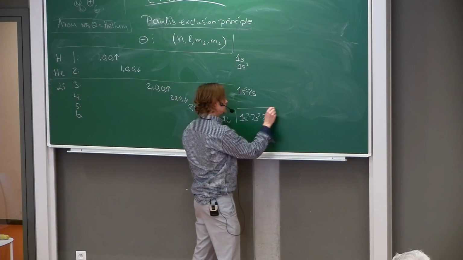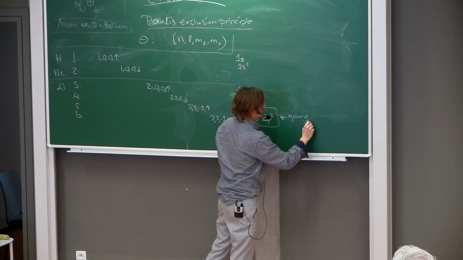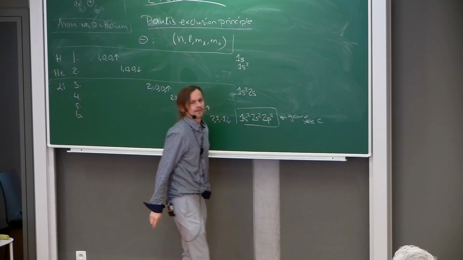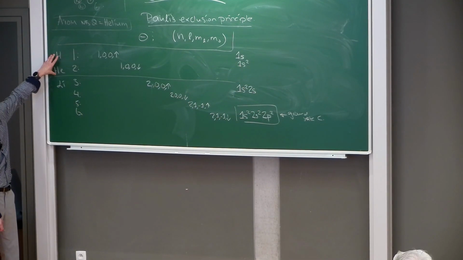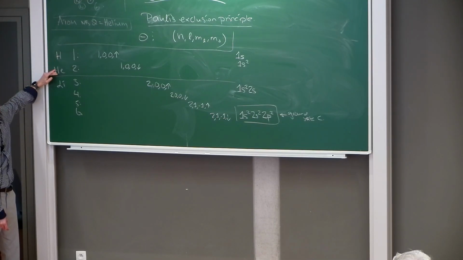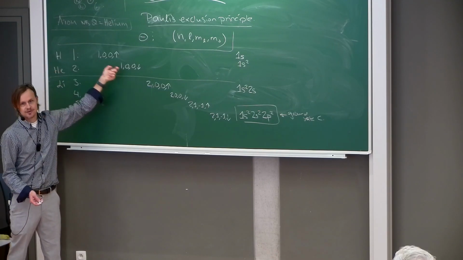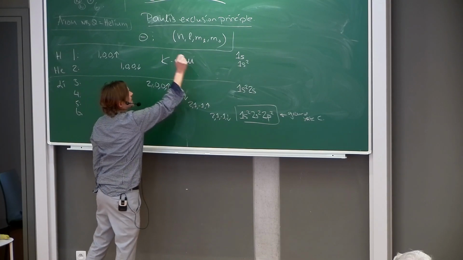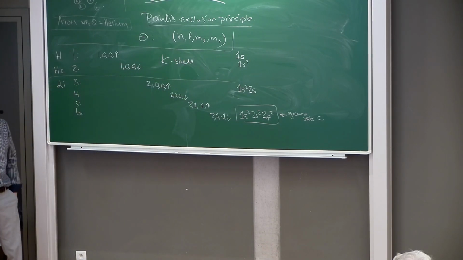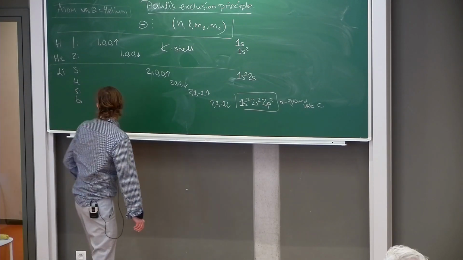So, this is the ground state of carbon, okay? Now, furthermore, we can also learn quite a bit from this. And that is that for these two, you see that after we go to helium, you have filled up the first principal quantum number shell, which is also often denoted as a K shell in spectroscopic literature. And now you have to go to the other shell,